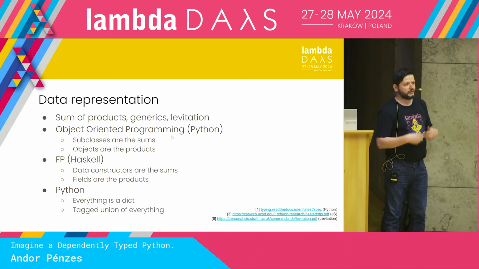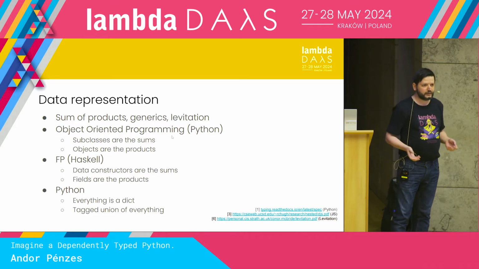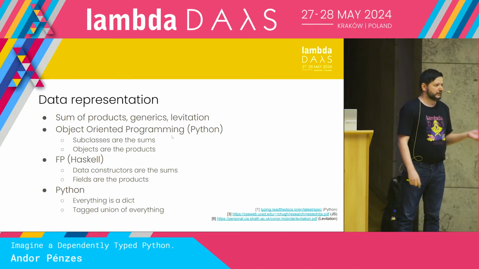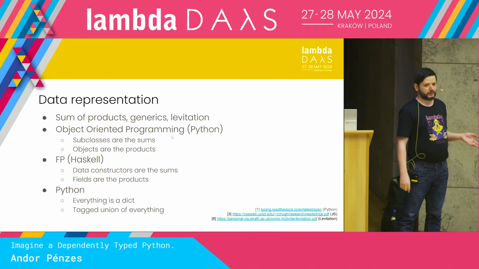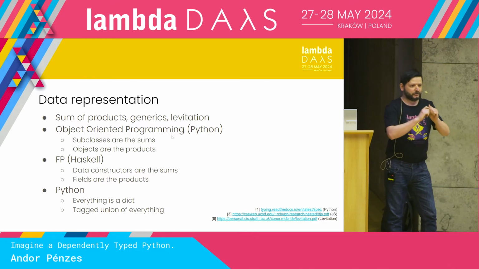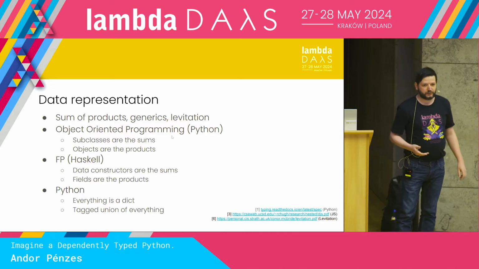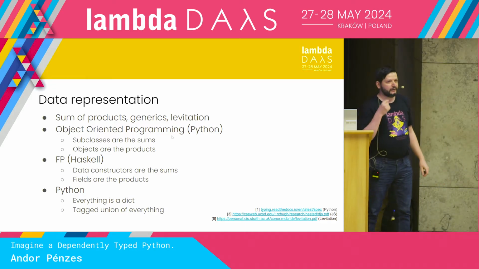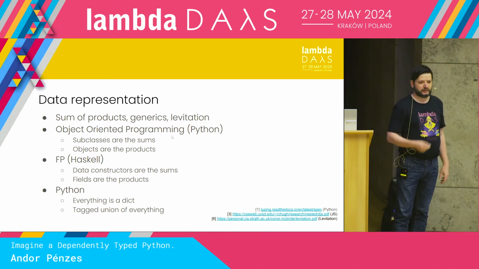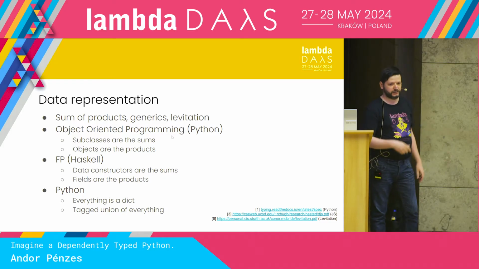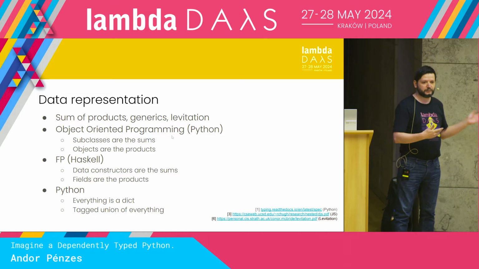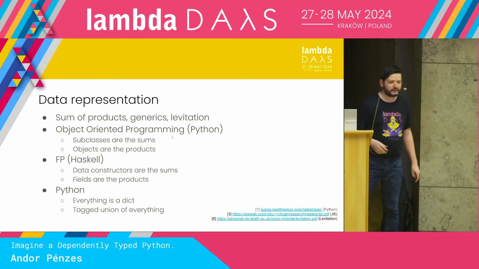So I can save a lot of things from my compiler architecture, and I can easily get very similar things. And in the previous talk, we solved that with the closure implementation of these lenses. You just say, I'm implementing this closure generally. So this is very similar to that. And Python actually already does that, because in Python, everything is a dictionary. So Python already implemented levitation, which Conor McBride said we should do. So that's another point for let's do dependently typed Python. This is a very nice idea.